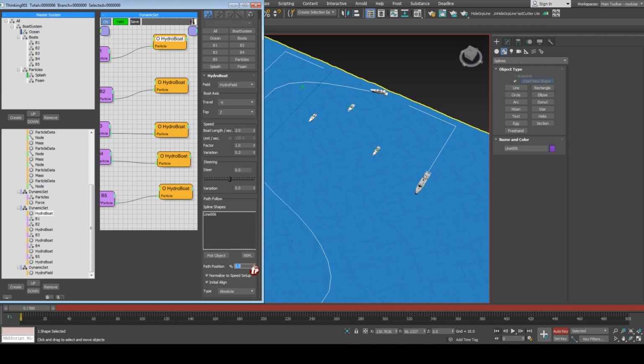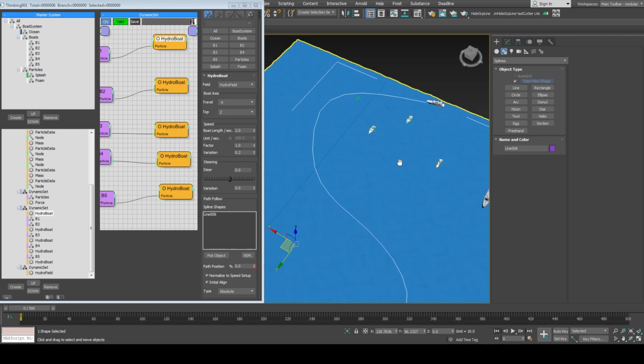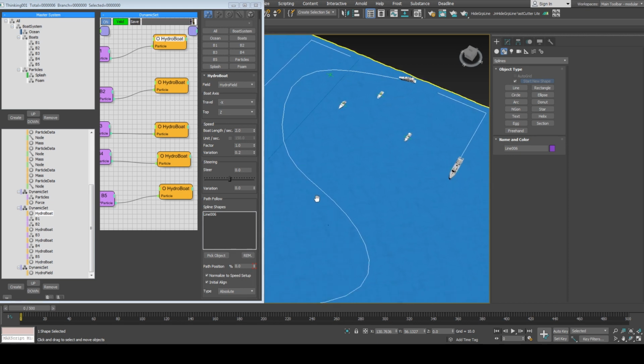Okay, let's keep it 0. But yeah, this way you can control travel path of the boat,